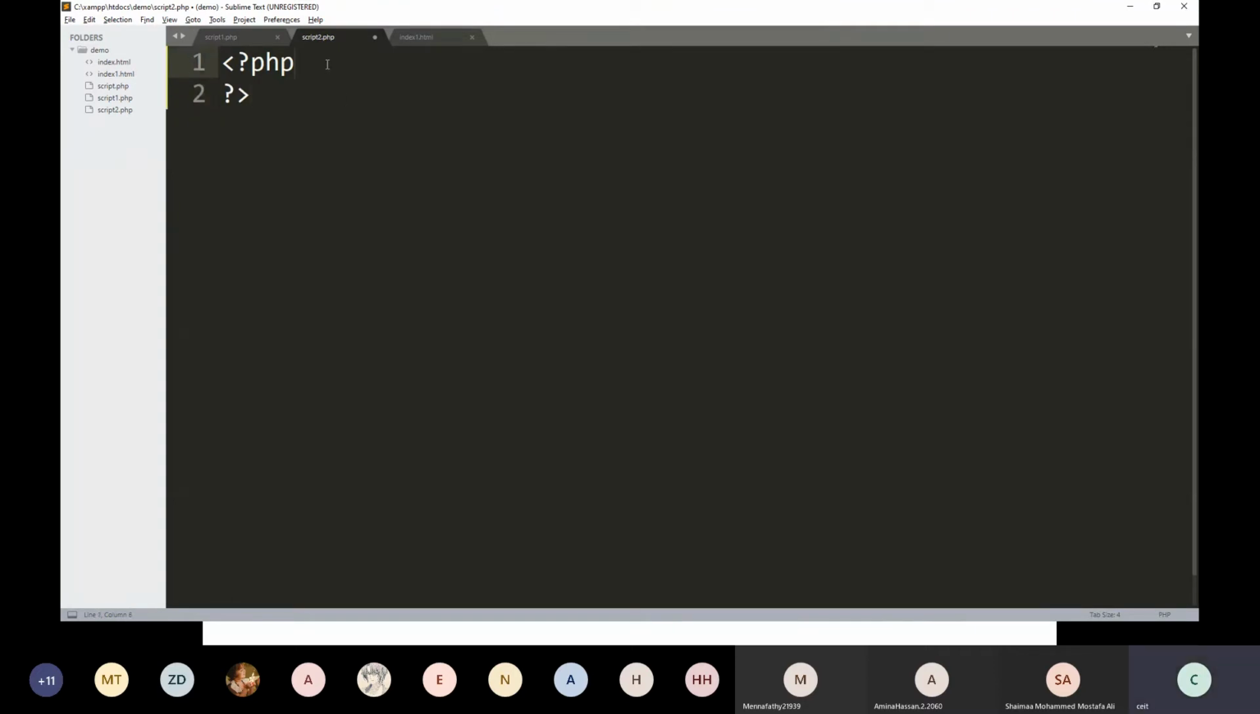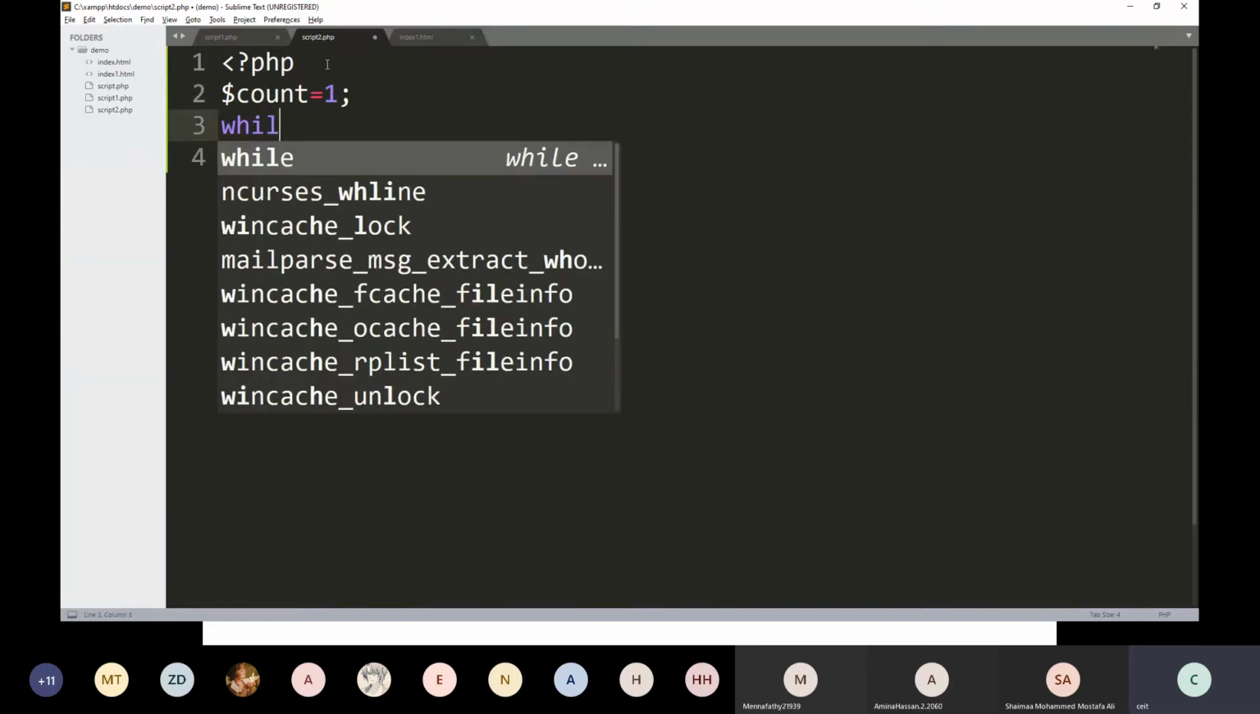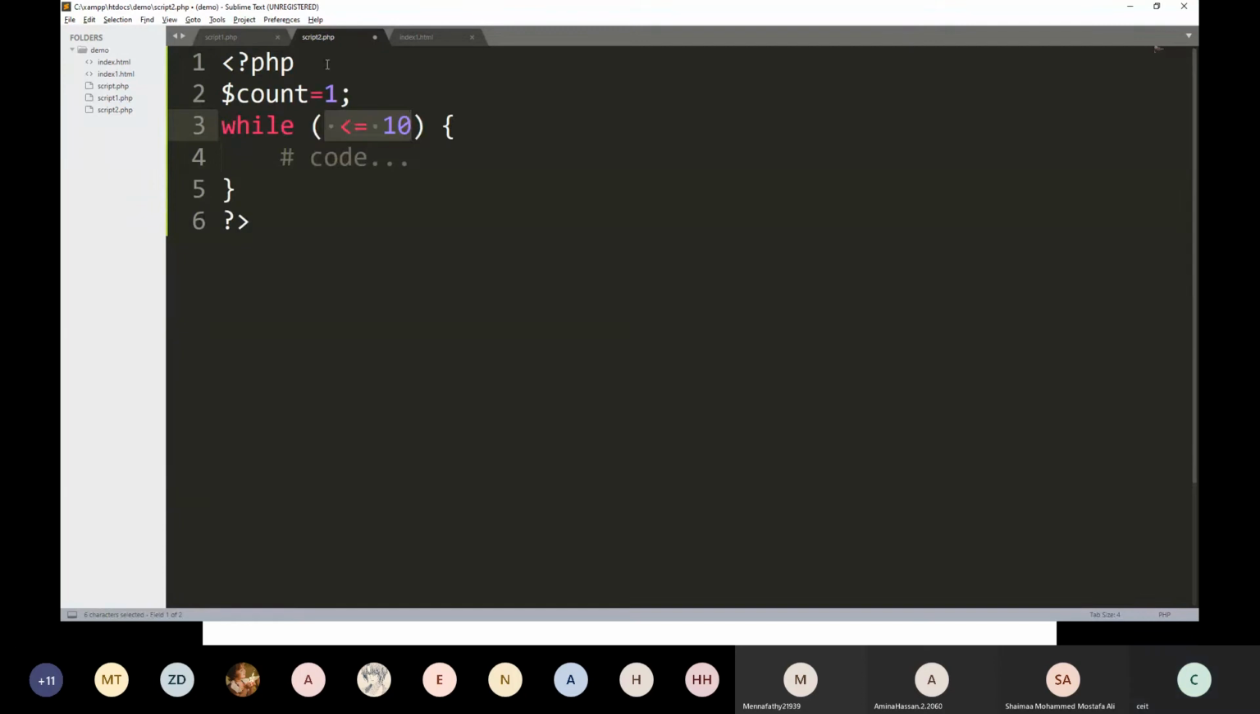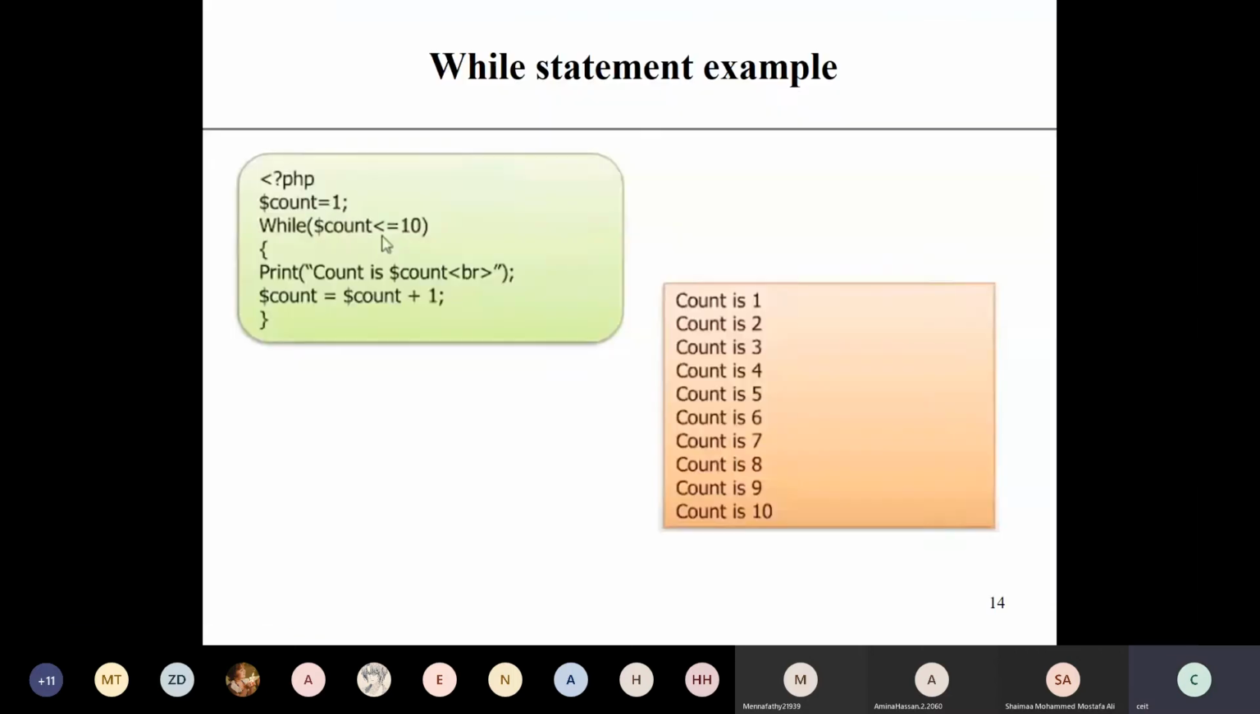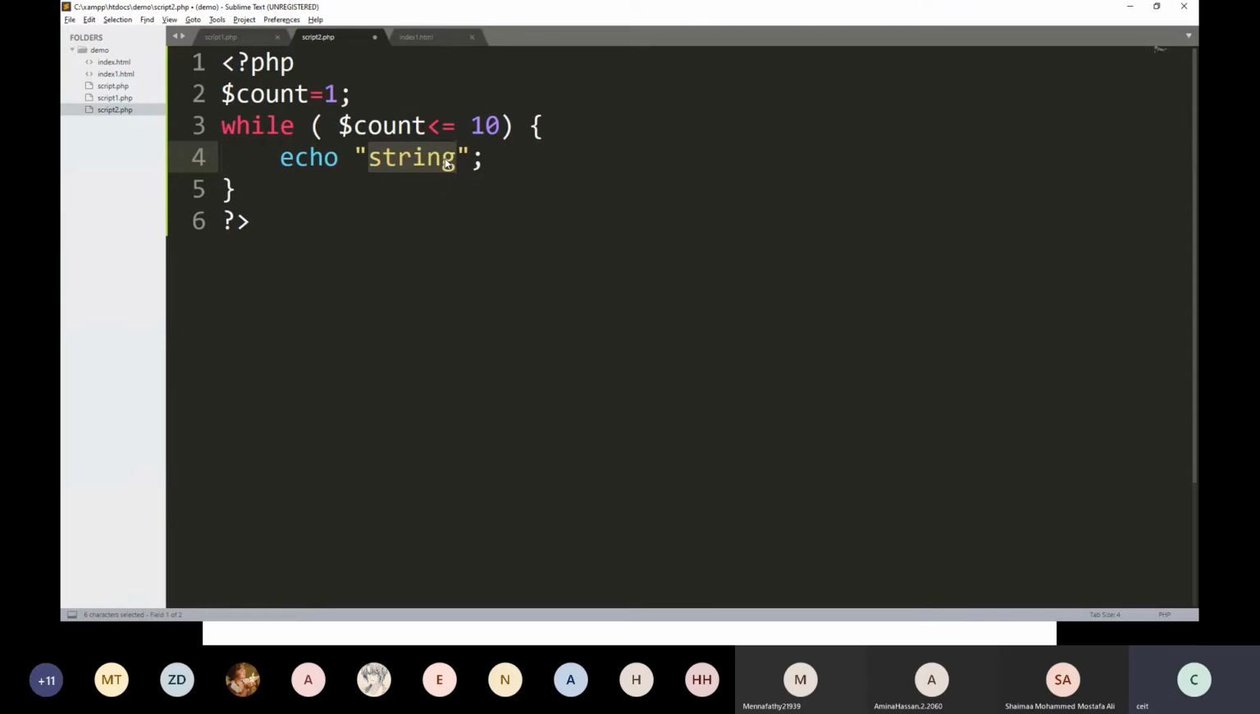Okay. And here I'm going to declare a variable count equal to 1. And I'm writing the condition while $count less than or equal to 10. Then what it will print or echo: "count is" count, means you want to print count